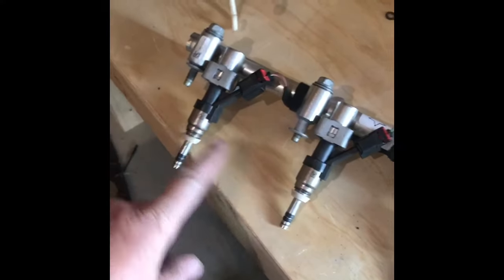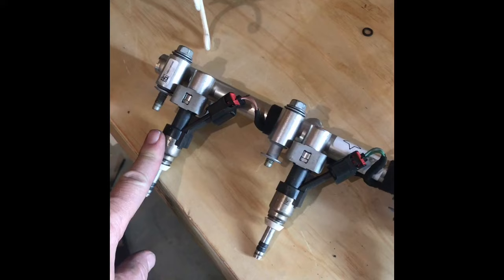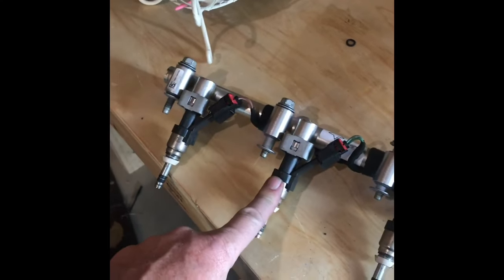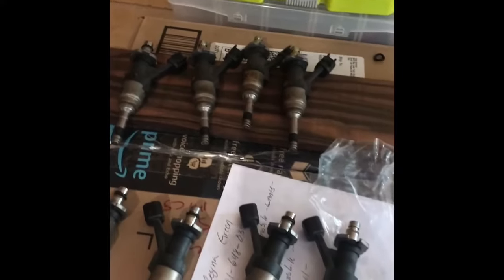Basically 1, 3, 5, and 7 all done. This is the one that was misfiring. There's 2 on the other side, which would have been the first one on the left front, be number 2, because the other one goes 2, 4, 6, 8. This one's 1, 3, 5, 7. So they were saying 2 and 3 on mine were bad, so that would be this one here. I mark them. That's 1, just in case I have any problems. There's 7. There's 5. There's 3. That's the order those came out. There's 2 through 8. So I've got to just push these back in, the electrical connectors in, and start putting